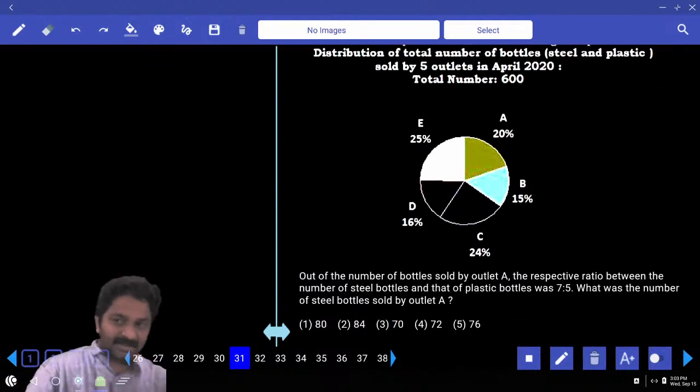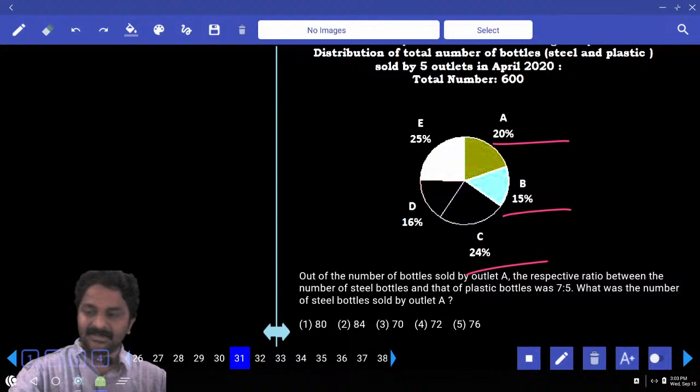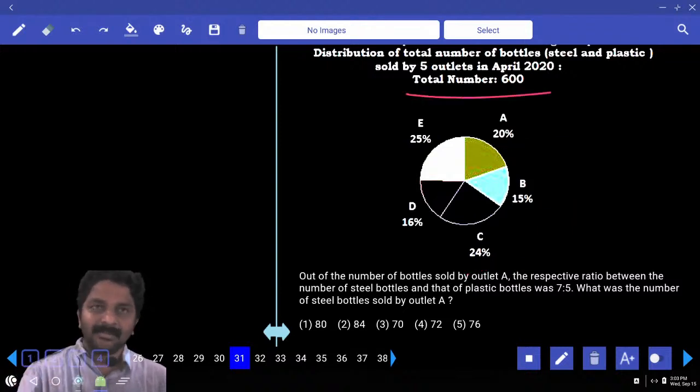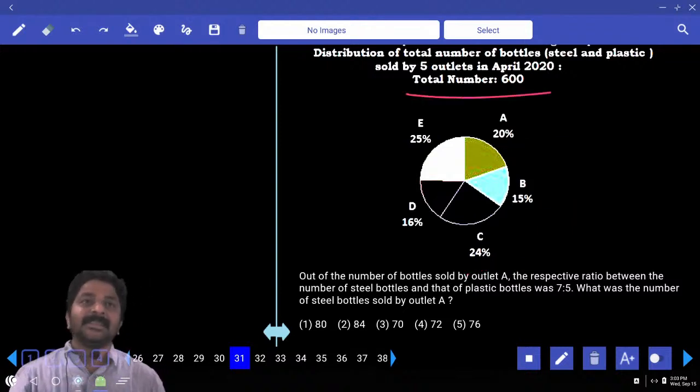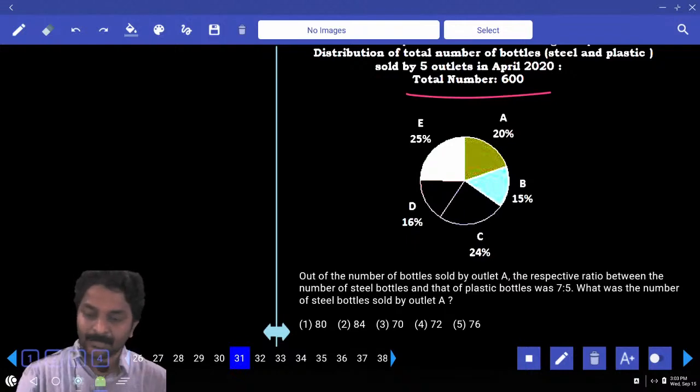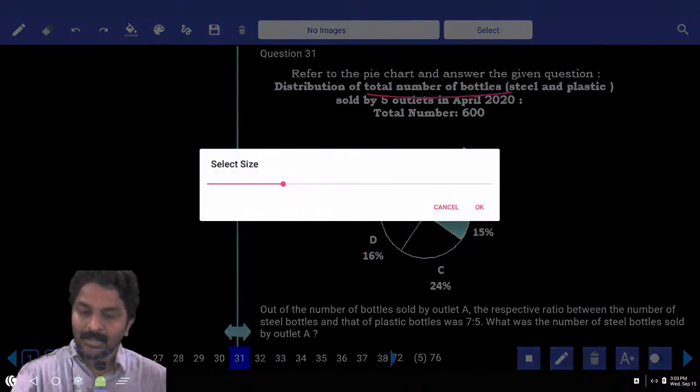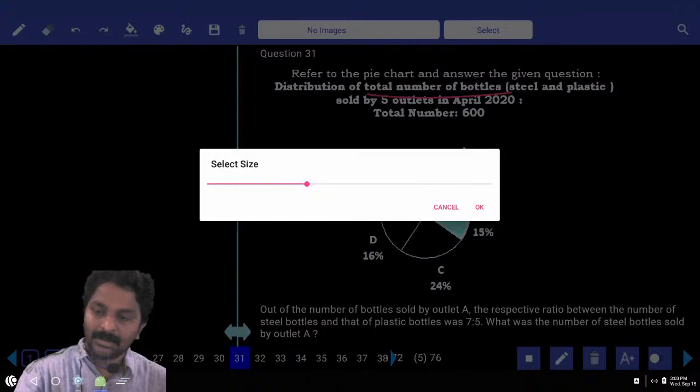Right, segregation is given in terms of percentage. What is the total value given here? 600. What is 1%? 6. So now, out of the total